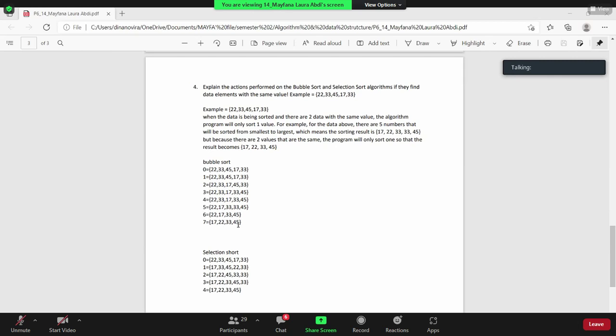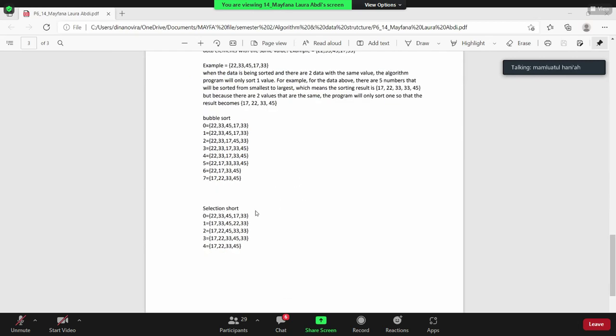It's already sorted. For the selection sort, the leftmost is 22, but the smallest value is 17, so it will swap. And then the second leftmost is 33, and the smallest value is 22, and it will swap.